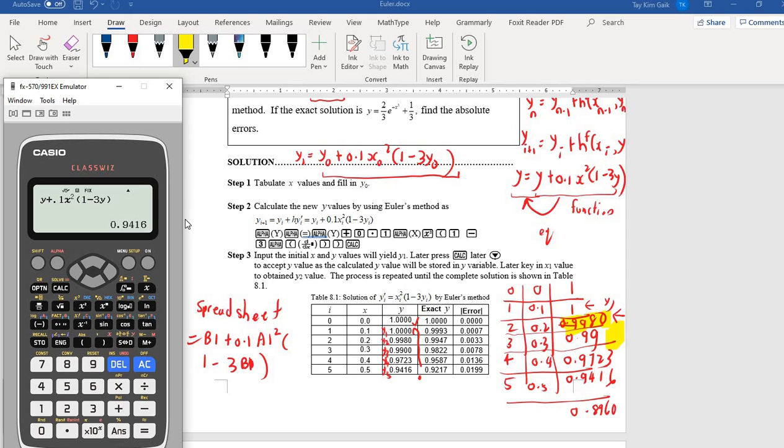If I press calc, click and then go down to accept the y value, go down to change the x value. Okay, if you use spreadsheet, it is much easier because I input y1 formula one time and then I can copy paste down to get all the new y value. So this is where I prefer to use a spreadsheet only. Okay, of course, using Excel will be much easier to copy, but during exam, you cannot use a computer. But if you have this model of calculator as a mini computer, it will let you have a mini Excel to do your calculation quickly. So with this case,